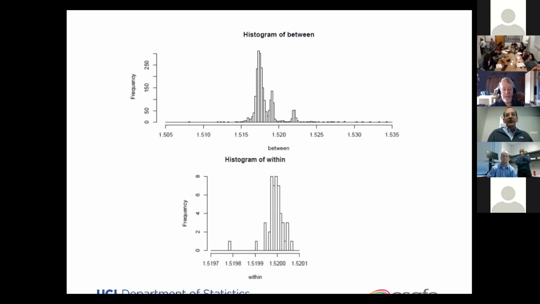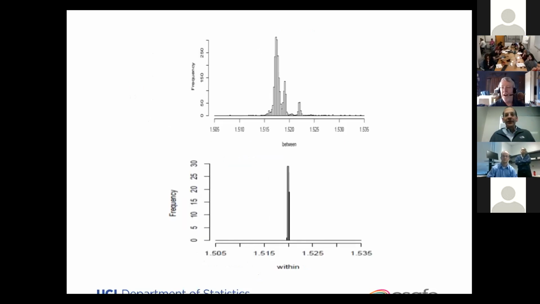Something to draw your attention to is the different scales on the horizontal axes here. So there's a lot less variation within a source than between a source, and I attempt to show that here. These are not perfectly matched, but just in using my own resizing tools here, I have the same picture on top, and on the bottom, I've rescaled on a different axis that matches the top, so you can see how little variation there is within and how much between.